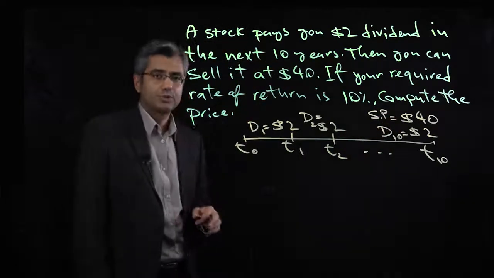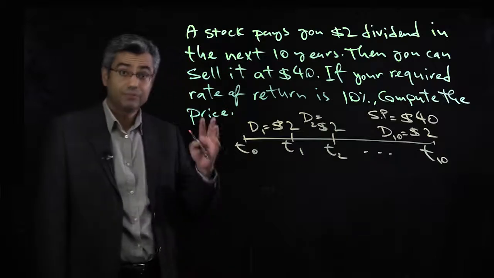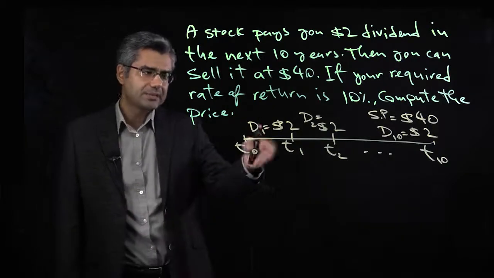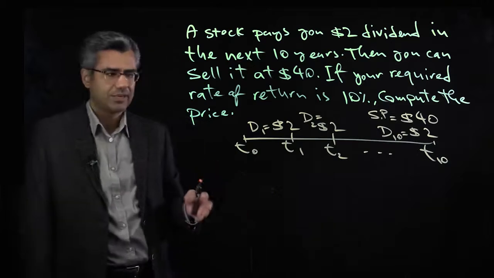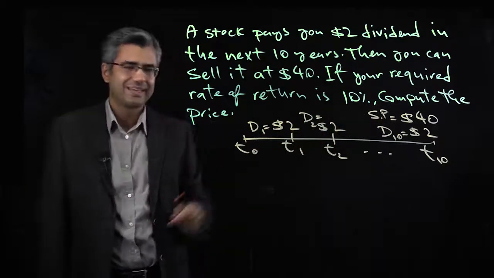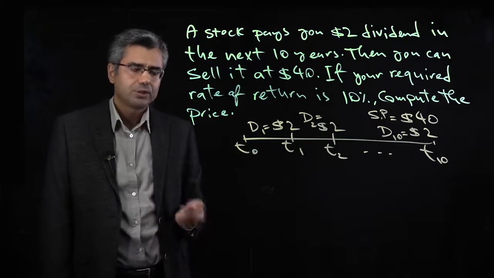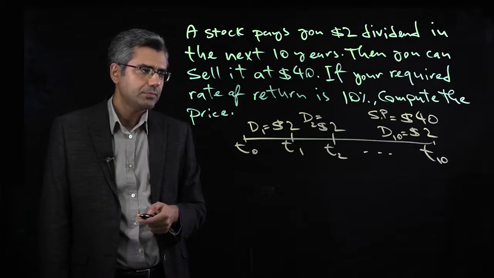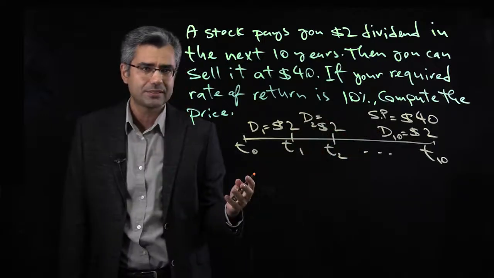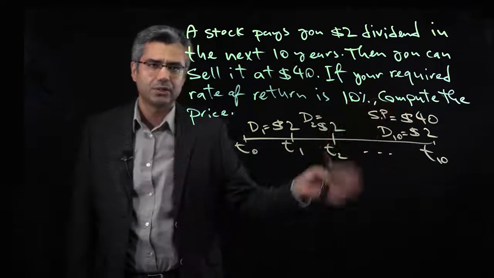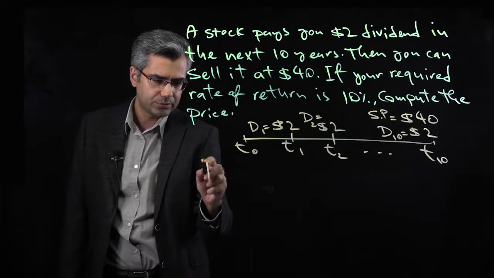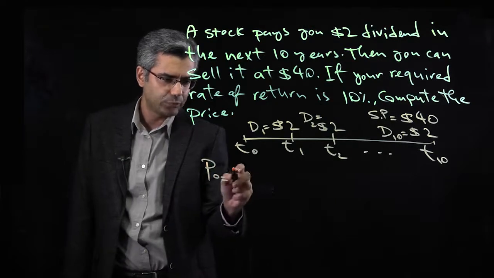So how to compute the stock price? We just discount the future cash flows to the present time. You can discount them one by one, but it takes time because there are 10 cash flows, actually 11 cash flows happen in 10 years. So instead, you can use the annuity formula, right? Because you have the same cash flow for 10 years, and then you discount this $40 separately to the present time. So I will use the annuity formula